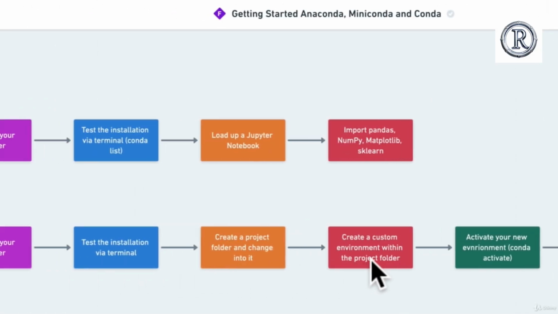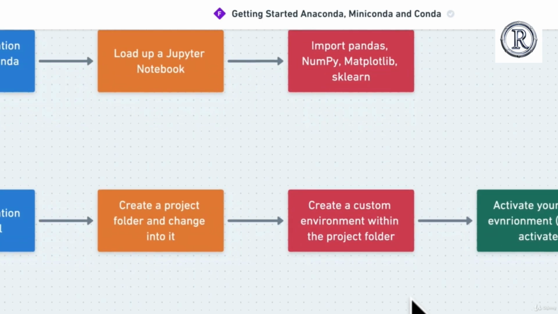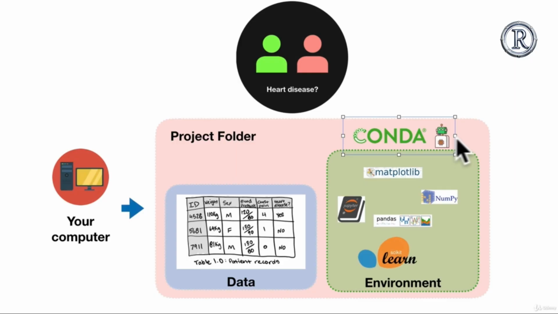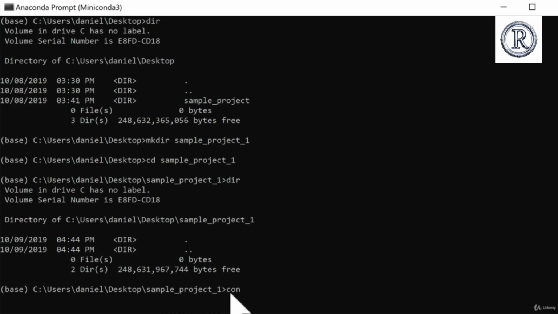Changed into it, create a custom environment within the project folder. Well, let's do that. To use Conda to create an environment, remember, if we look at this, we're going to use Conda to create this. So that's this step. You can run the command conda. It's like saying, hey Conda, our personal assistant, create. Then we're going to pass it the prefix tag. And now I'm going to write this out, ./env pandas numpy matplotlib